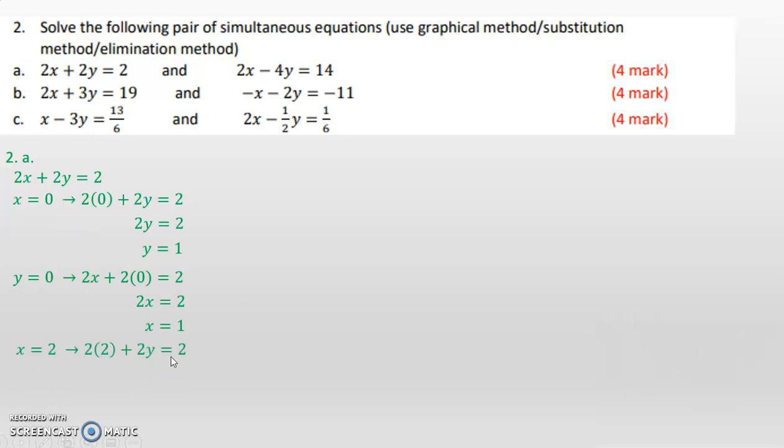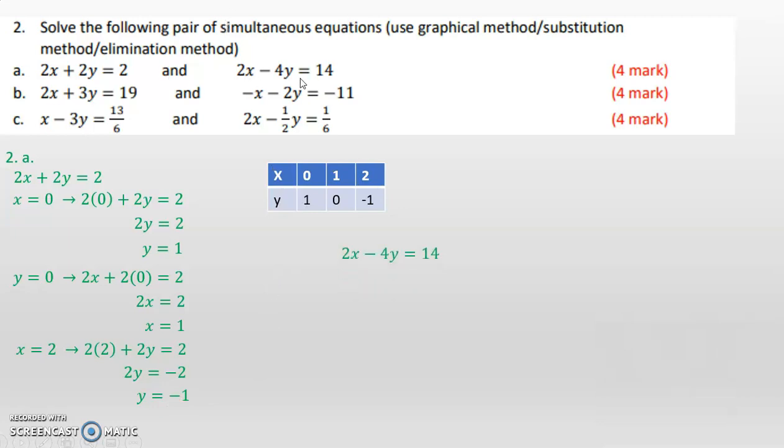And then for the third point, we input a small number, x equal 2. Here we substitute x by 2, and then we get y equal -1. So we get 3 points: 0,1 from here, and then 1,0 from here, and then 2,-1 from here, in the table like this.